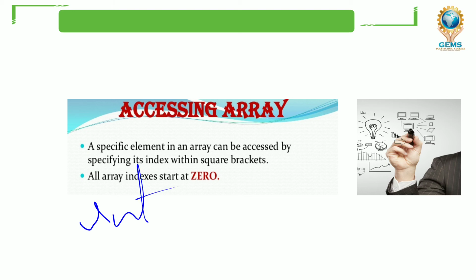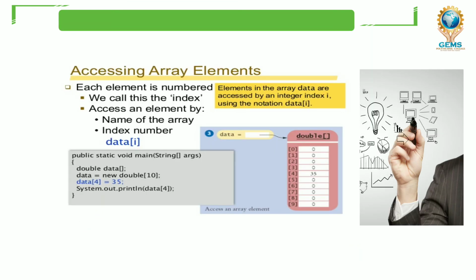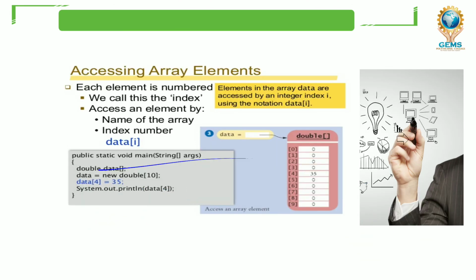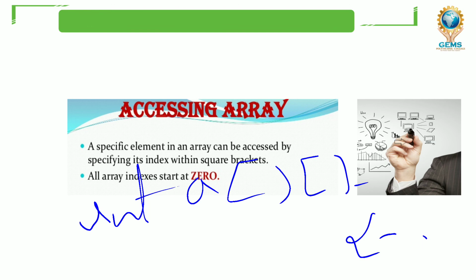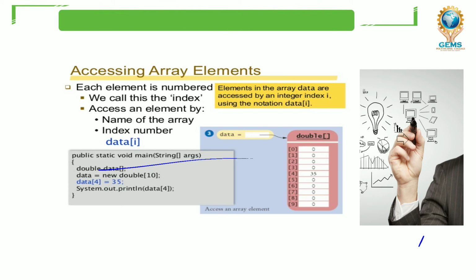int a, the array name, equal to, then braces with values, comma, more values, semicolon. Here we have two boxes, which means it is a two-dimensional array. Giving values to the array is called initialization. Apart from that, in this video lecture, I'm going to talk about